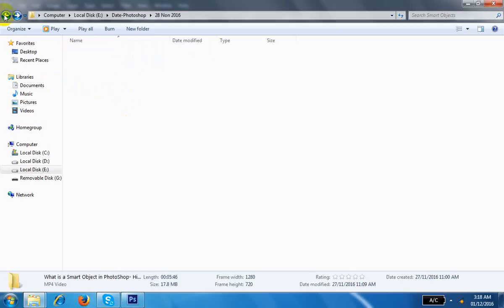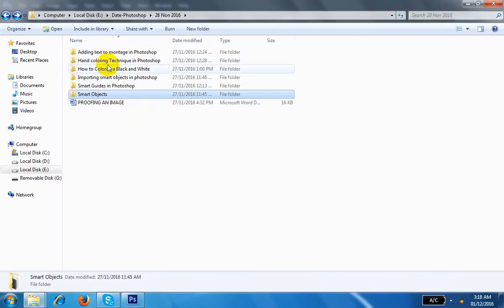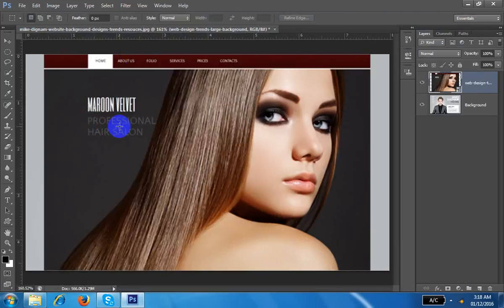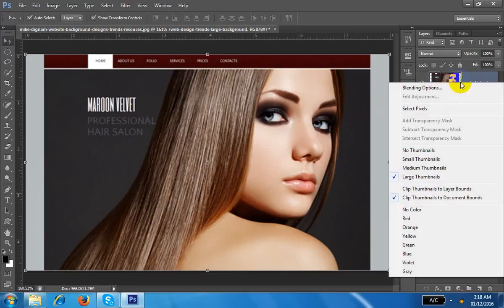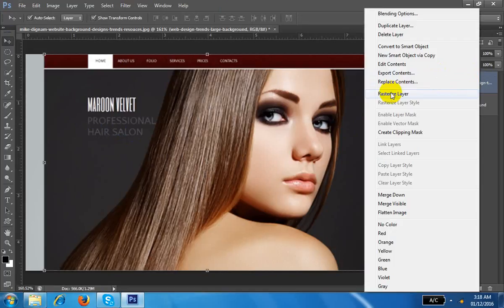Okay, I will give you all this folder. When you go to the folder, read this name, smart object. It means this is the tutorial of smart object. Understand? Again I come to here. So what is the logo of smart object? No, but there is one icon of smart object. This one. Understand everyone? If I want to rasterize it, I can go there, rasterize image.